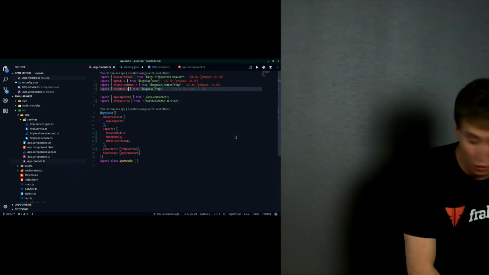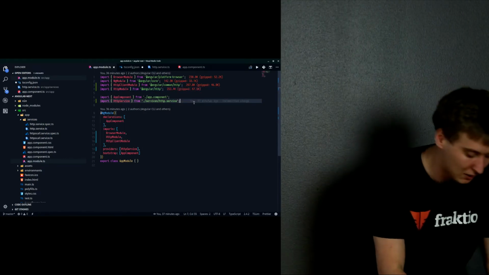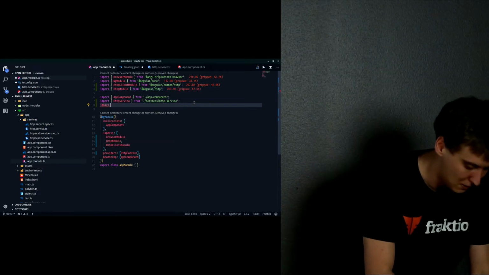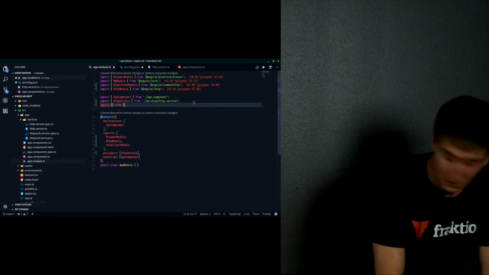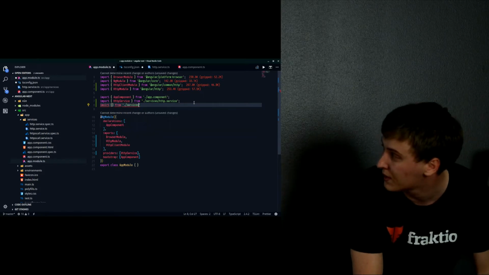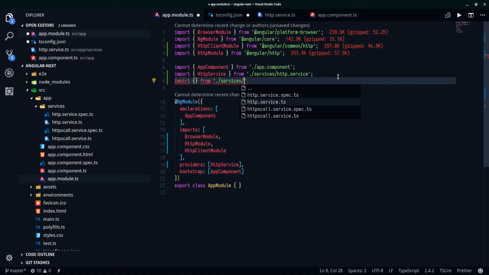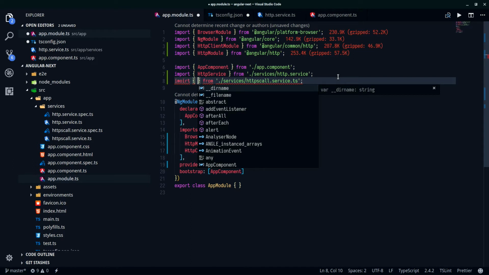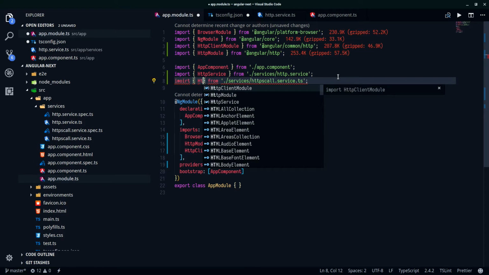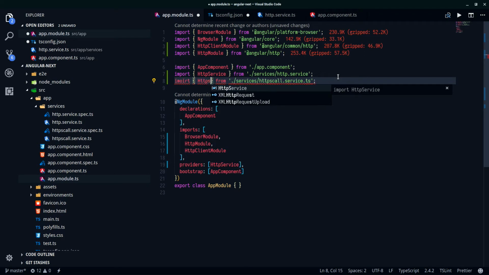HTTPS call. So all I need to do is go here and import it from services, then the HTTPS call service.